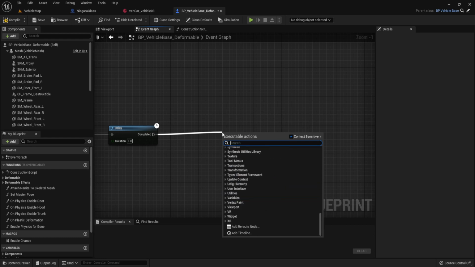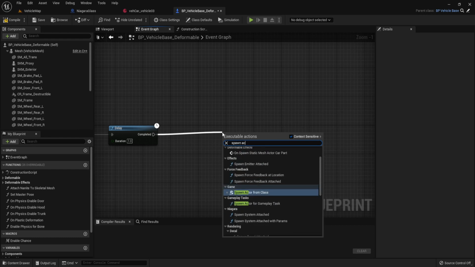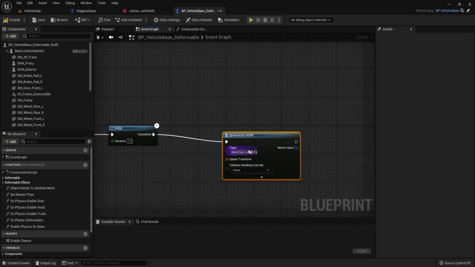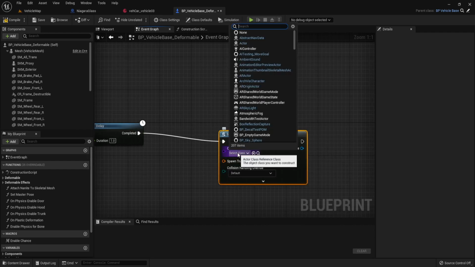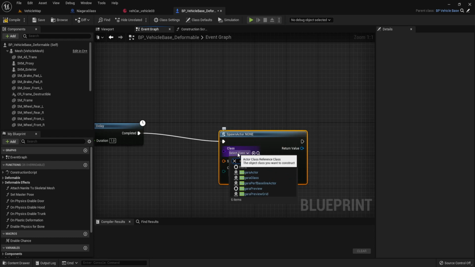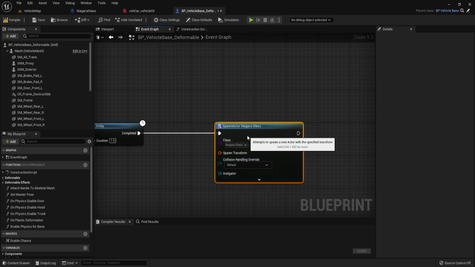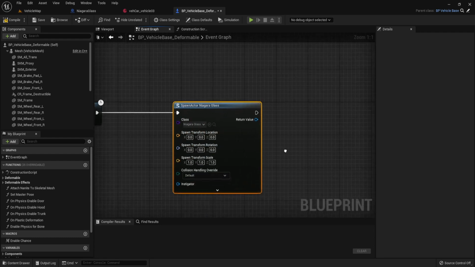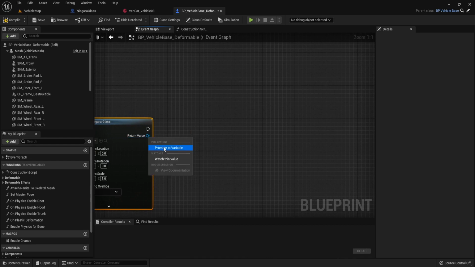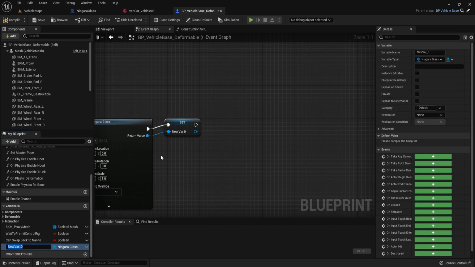Then spawn actor from class and choose Niagara class. Then split this struct pin and promote this return value to variable. Name it Niagara.